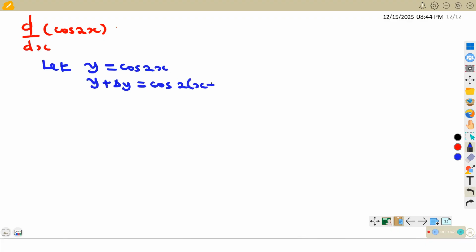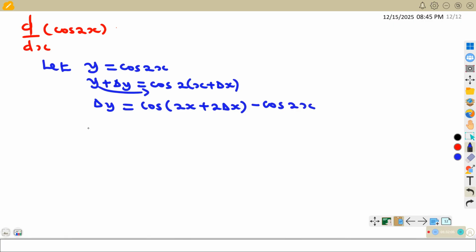So this is x plus delta x. This will give us delta y, which will be the same as cos of, I can open this bracket, 2x plus 2 delta x. But I will subtract y, bring this one to the other side, and this one will be cos of 2x. So this is delta y, which is equal to,